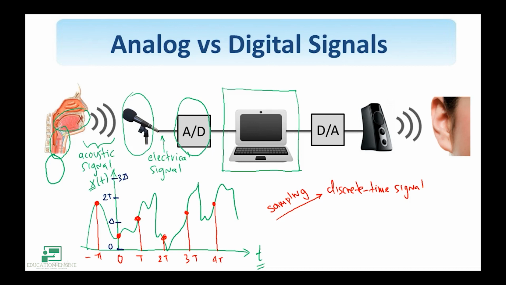So this value here at 0 will be represented by this value. The second value will be represented by this value. Similarly, this one will be represented by this value. This will be represented by 0. And this one will also be represented by this value. Okay? So this process is called quantization,